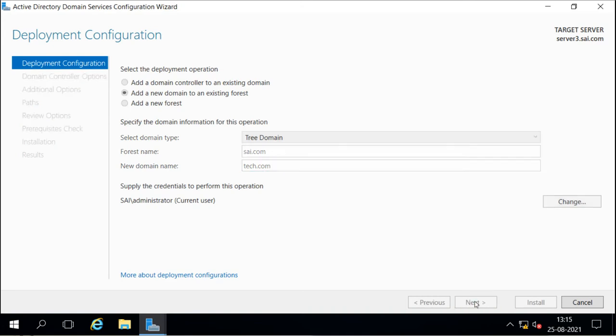Now the rest of the options will remain the same as when we created the child domain, like the functional levels and selecting to be a DNS server and all that.